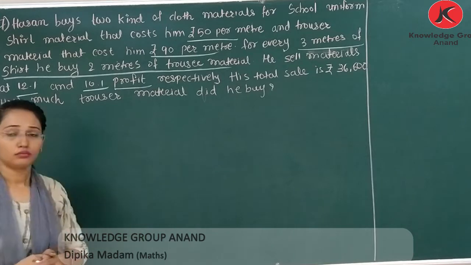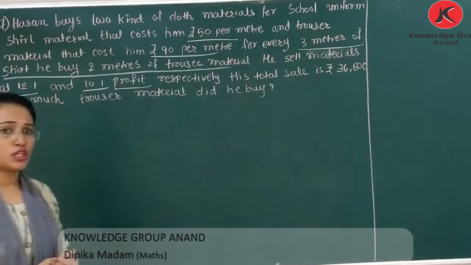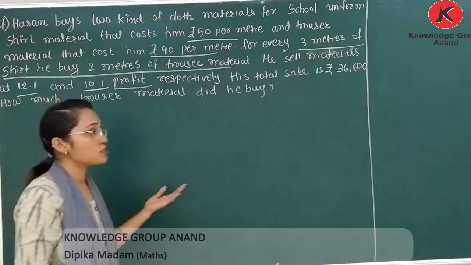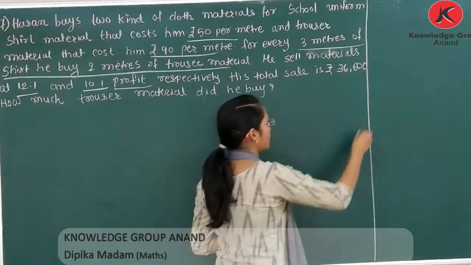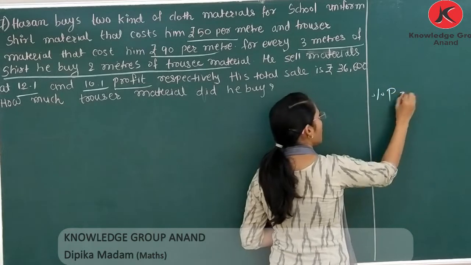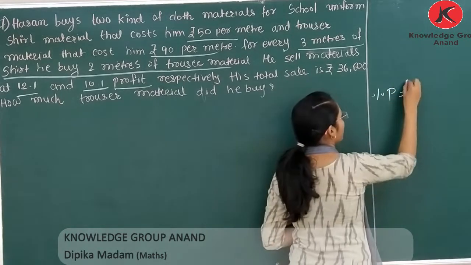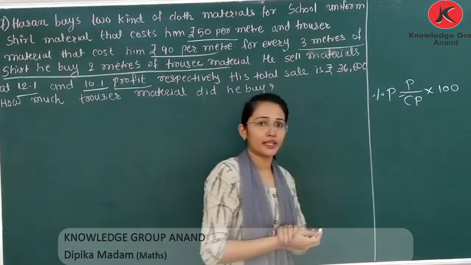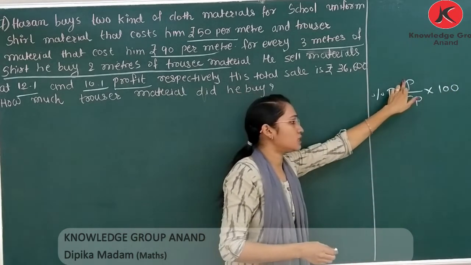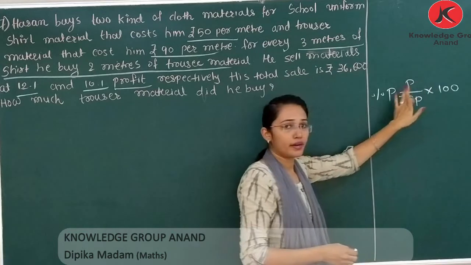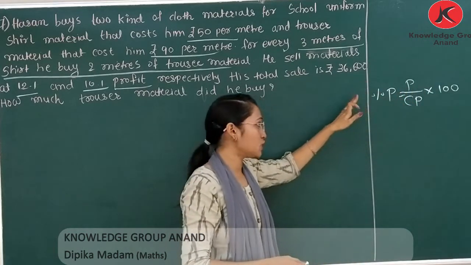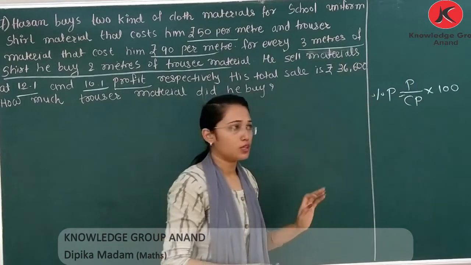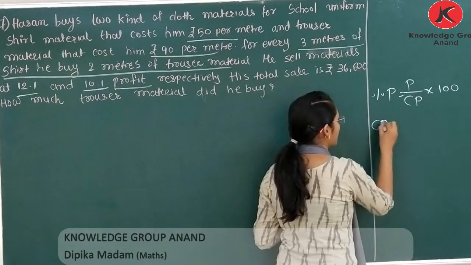Now we learned the equation for profit and loss in the previous standard 7. So first of all, we revise that concept. What is the equation for profit? Percentage profit is equal to profit divided by CP into 100. You have read this equation. Percentage profit is equal to profit divided by CP into 100. Percentage means percentage profit. This profit means it is the profit in rupees. Then we also learn CP.